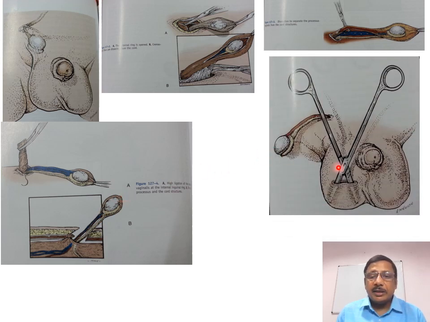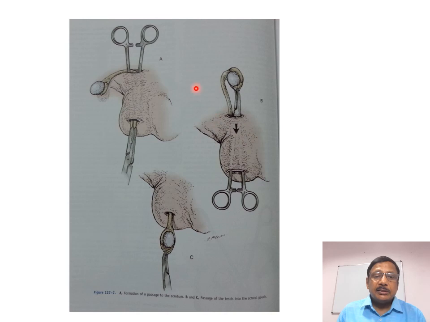After you have done that, as I have told, you make an incision within the scrotum, and just below the scrotum with blunt dissection, you create a pouch between the skin and the dartos muscle, and that is what is known as the subdartos pouch. Once you have done that, with the help of a hemostat, you will catch the testis, bring it down, and keep it in the subdartos pouch you have made.